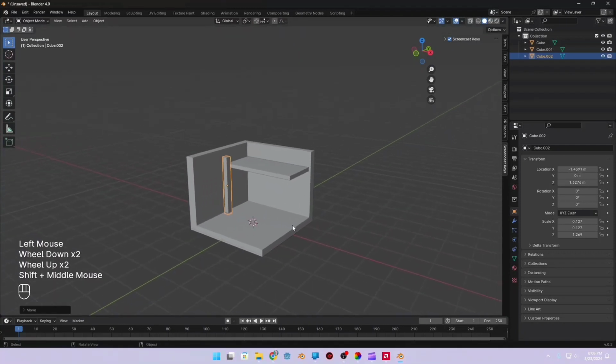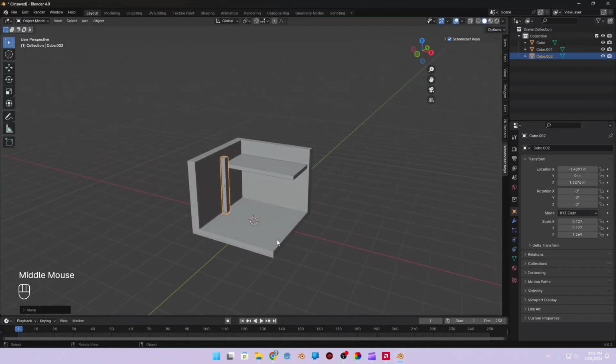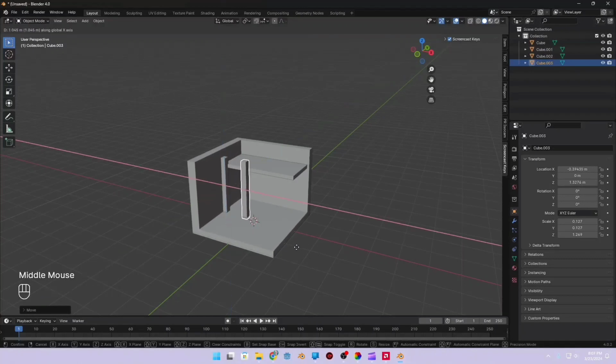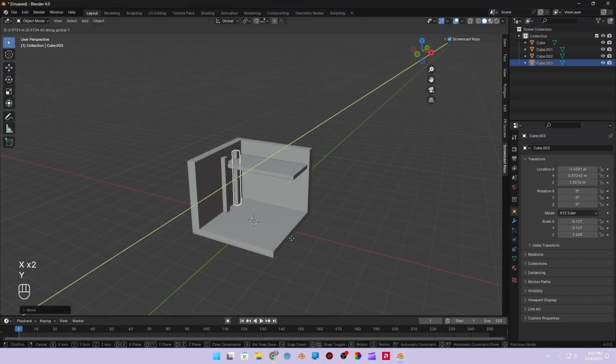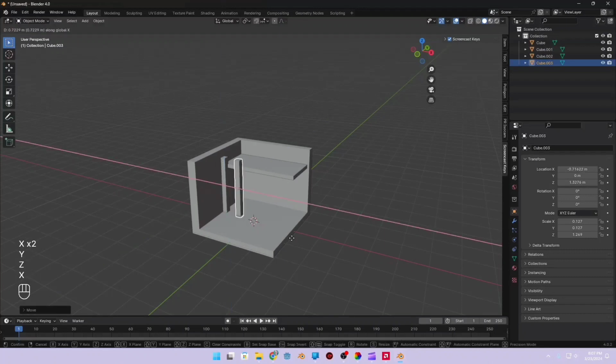And now we want to duplicate this. So in order to duplicate, you press Shift D. It'll give you this right here, but we want to lock it on the X axis. Now you can do it this way, or you could also press X. You can press X, Y, and Z. So we're going to press X, lock it right here, and